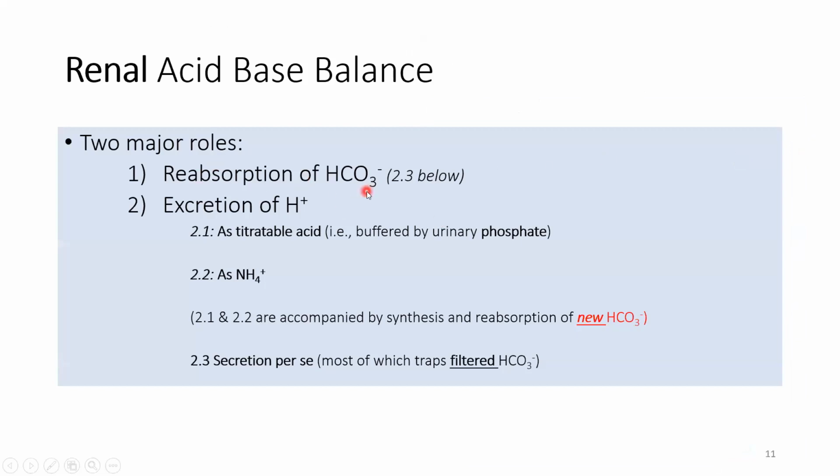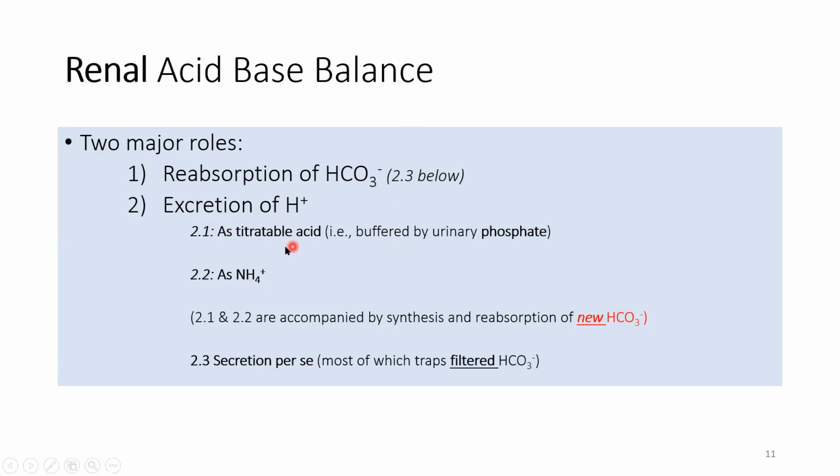So you freely filter bicarbonate. Lots of bicarbonate gets filtered at the glomerulus. You need to catch it. You need to reabsorb it. So one of the most prominent functions of your renal tubule is to reclaim this filtered bicarbonate, as we'll see in the subsequent slide. So a very, very, very important function of the kidney in acid-base disorder is to recover bicarbonate as the number one function, quantitative function. The second is, of course, excretion of hydrogen